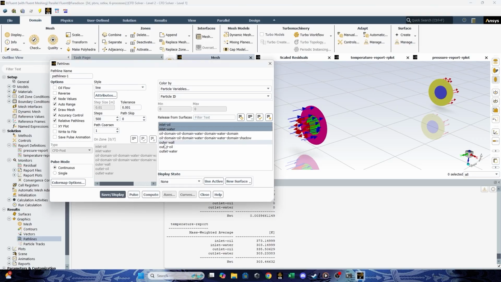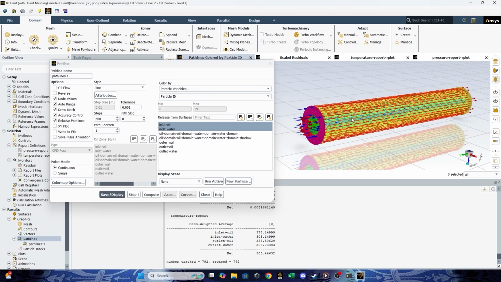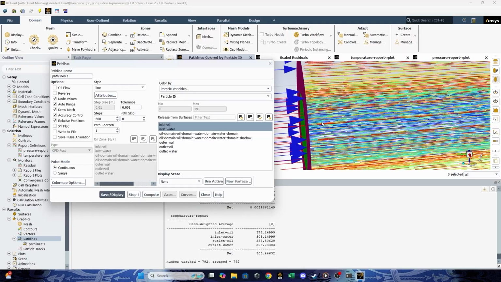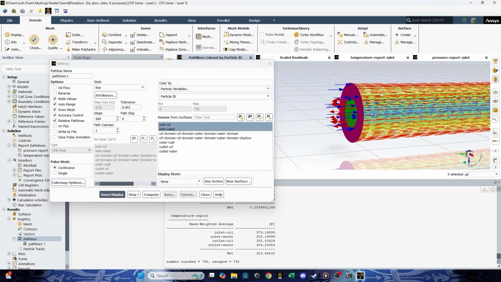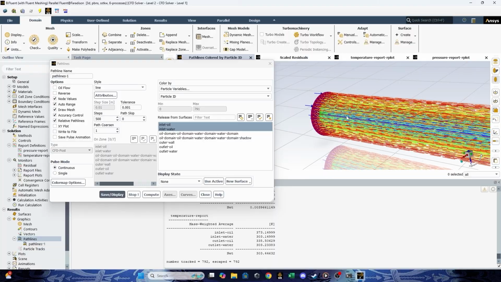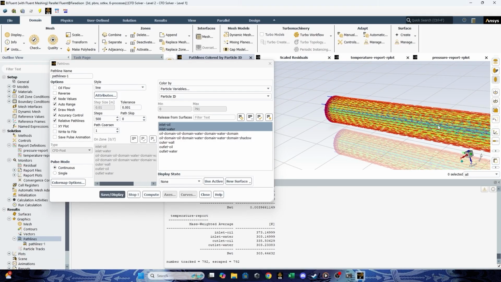So we choose the inlet, of course, and then set the pulse mode to continuous, so it will continuously show you the display, and then go to pulse, so you can see the flow animation here. The outside will be the hot water, and the inside is the oil.